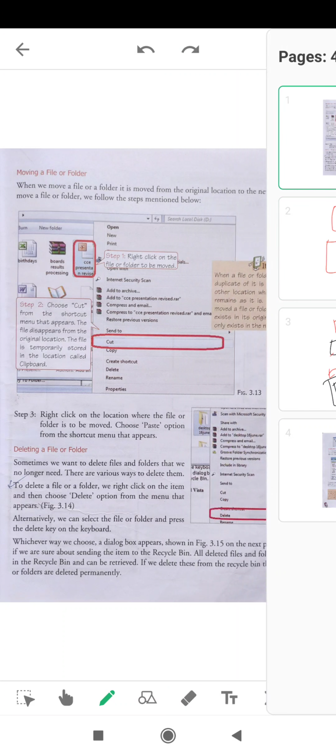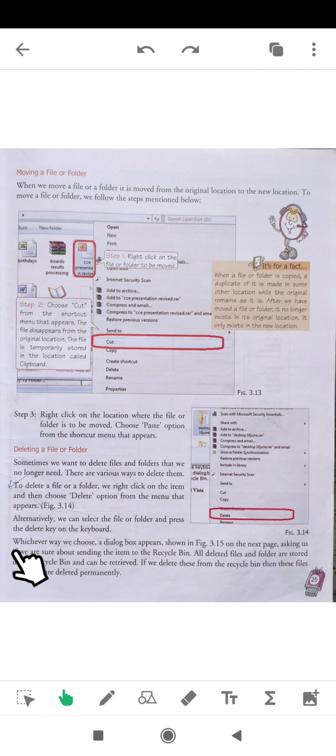So it is explained here. Whichever you may choose, the dialog box appears, as shown in figure 3.15, asking if you are sure about sending the item to the recycle bin. Whenever you delete any file or folder, it goes to your recycle bin. All the deleted files and folders are stored in the recycle bin and can be retrieved.